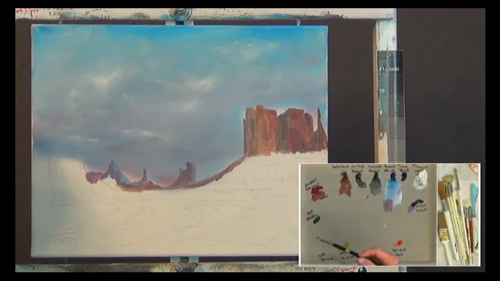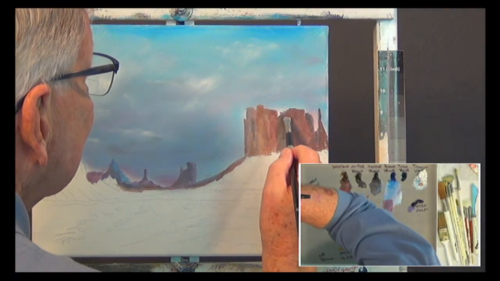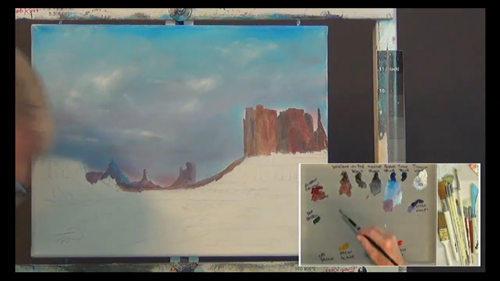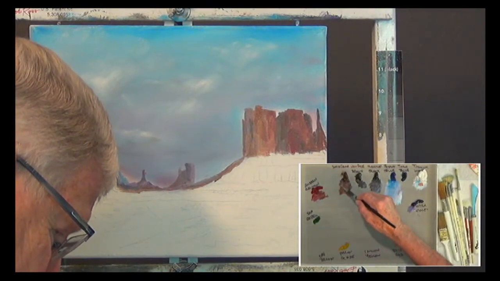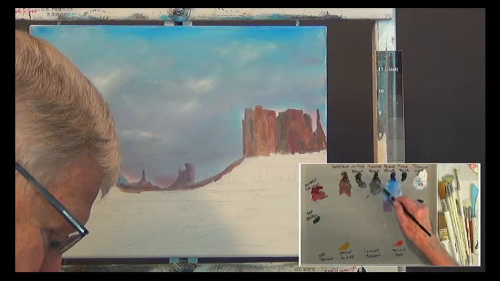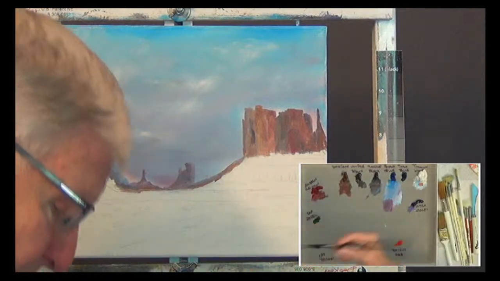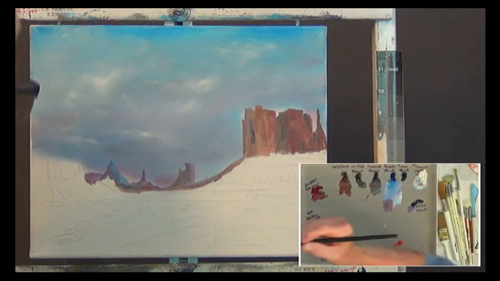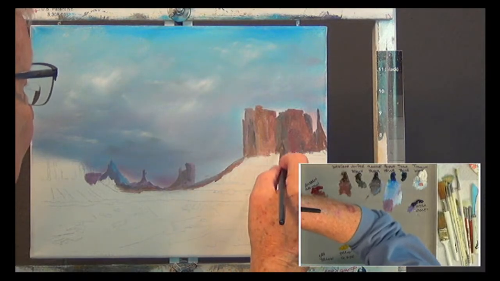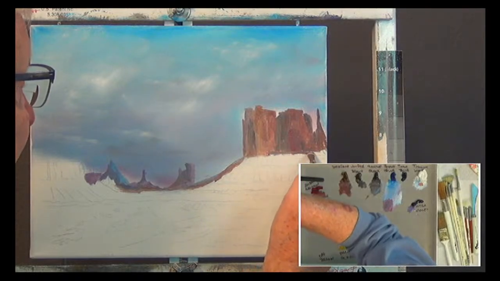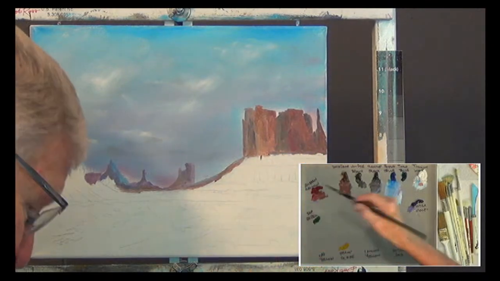I use the Bob Ross odorless thinner. It's how it's advertised. It's not totally odorless, but it certainly does not have the odor of turpentine, and it's healthier for you. So I use the Bob Ross brushes, Bob Ross paints. These are all Bob Ross brand paints that I'm using, except I have one over here called Ultraviolet, which is a Grumbacher paint, and I use that Ultraviolet just because I'm kind of lazy. It's not a Bob Ross color, but I don't have to mix that color, and so anytime I want to use that,